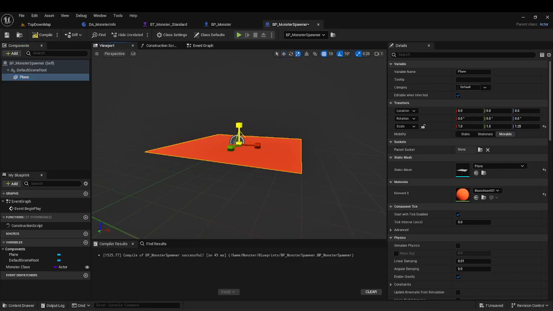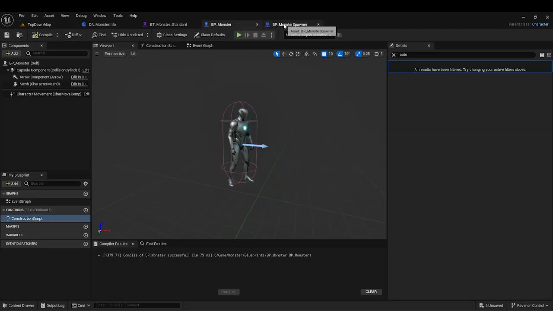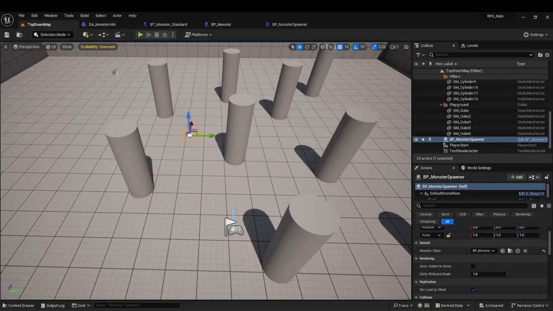I'm going to just do this. Okay, so we got that. So now that it spawns, we also want it to be able to respawn. So what I want to do is